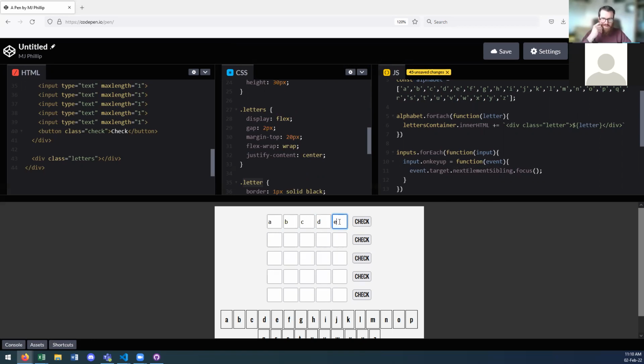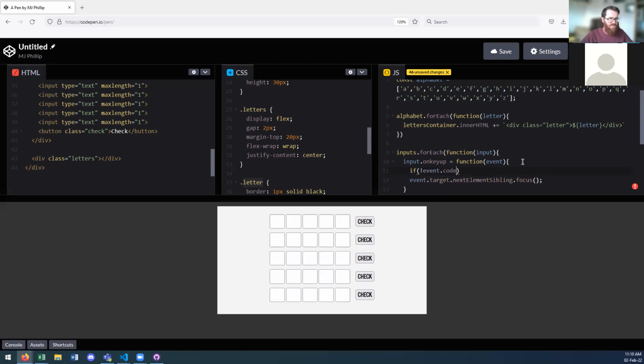There is a problem though, because what if I go and I actually change the letter that I want to write and I go backspace, it still moves me forward. So what I need to do is I need to check to see that's not the expected behavior. I would think that backspace shouldn't still move you forward. So what you can do is you can run a check, you can see if